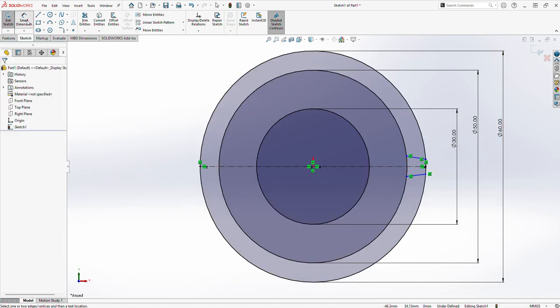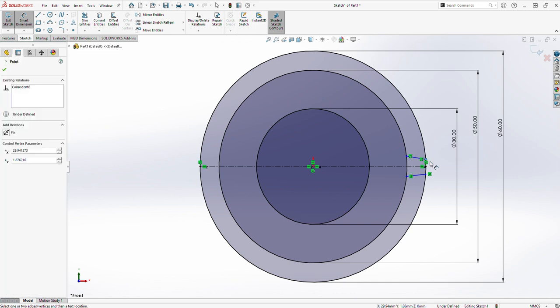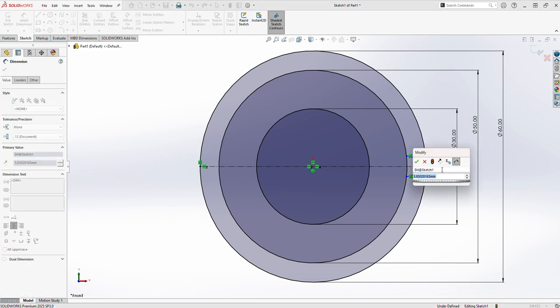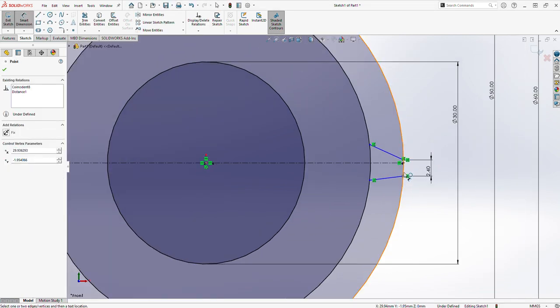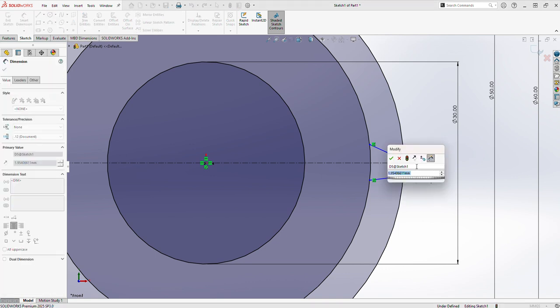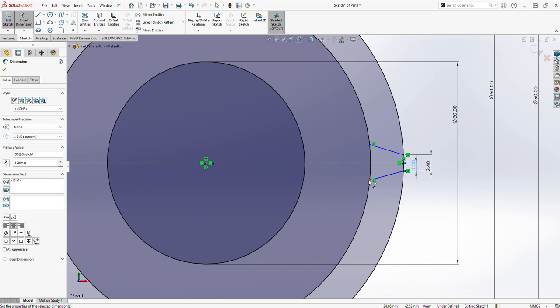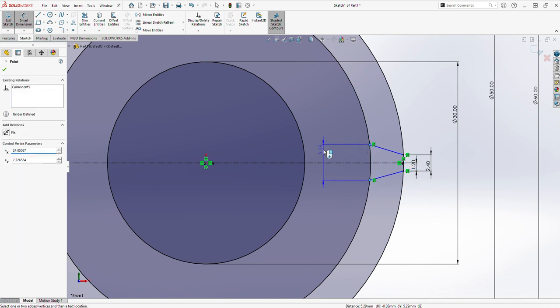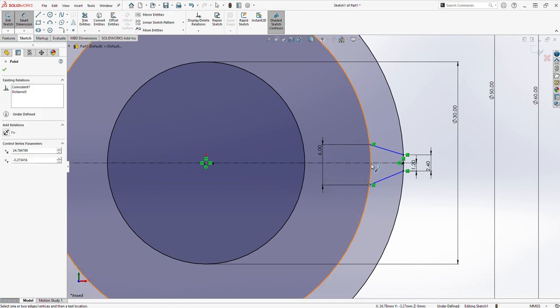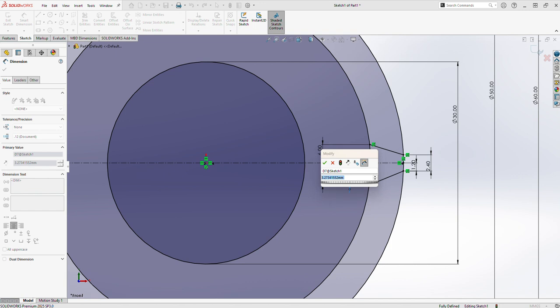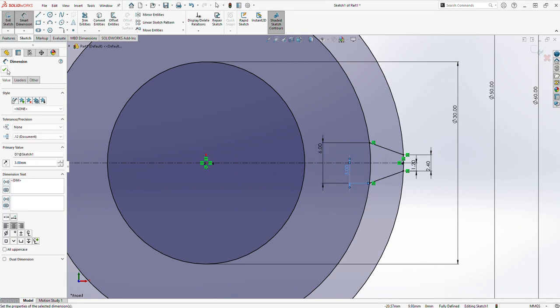Go to smart dimension and make this dimension 2.4 and this is 1.2 and this is 6. Between this distance is 3 and then select OK